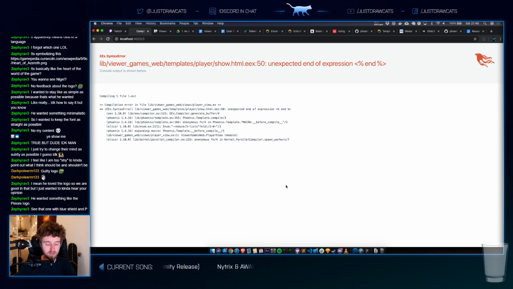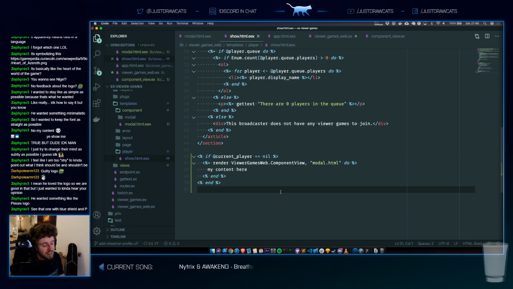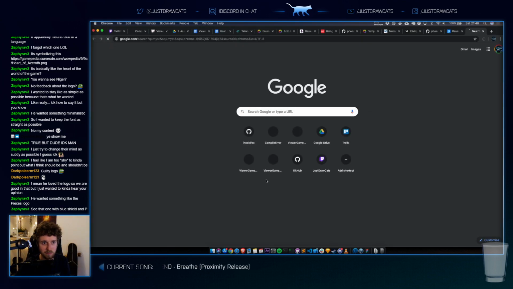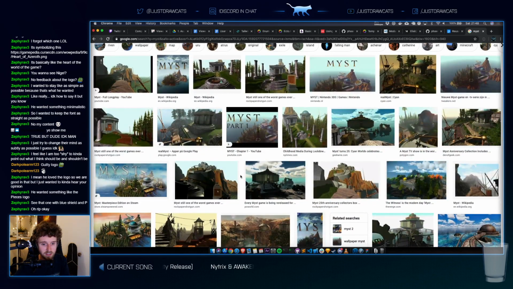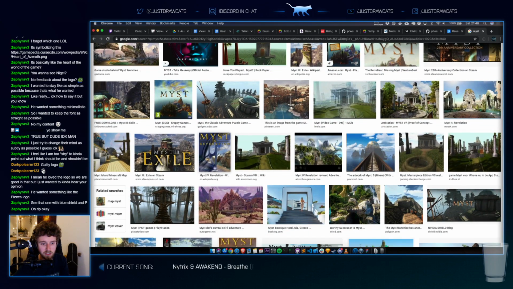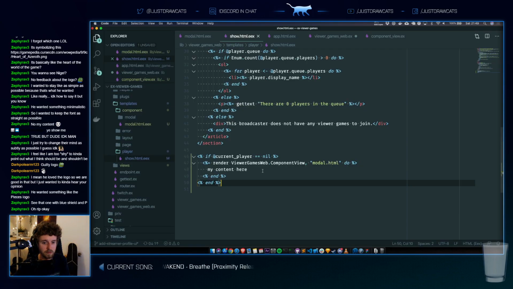The Pieces logo? I don't know what the Pieces logo is. But if I look at that logo, I'm like, that's a bank or something. Or you know Myst, the game? It's like some cheap version of a video game logo, or an area in Myst. Myst is a great game, by the way. Don't get me wrong. Sorry, I might be a little bit harsh. Don't want to crush your dreams. My bad.